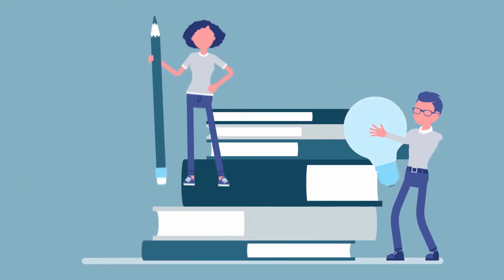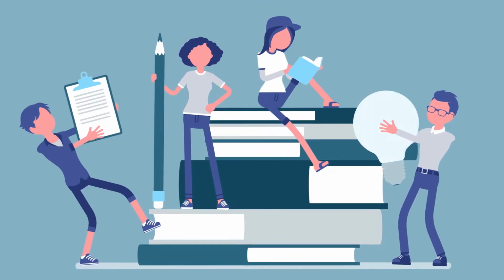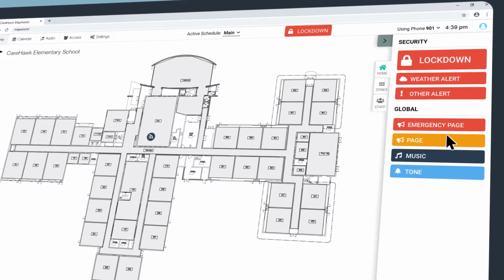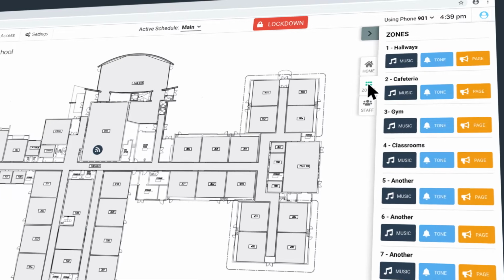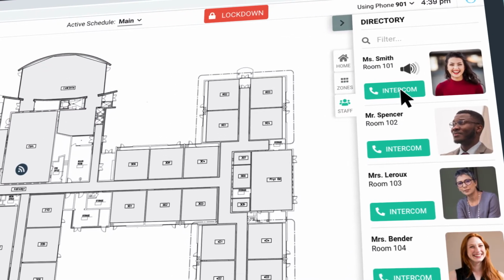Keeping classes informed instantly with clear communication is the most effective way to minimize threats and keep students, faculty, and administration safe. For schools and campuses, we turn your floor plan into a live interactive dashboard. Now you will be able to initiate, view, and respond to your daily communications in real time with MapAssist or